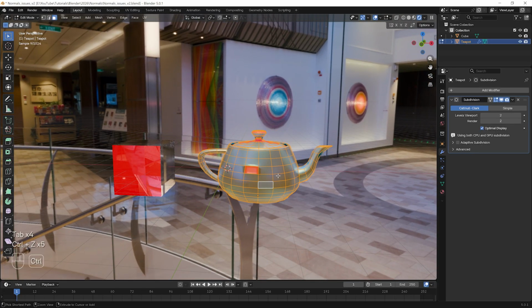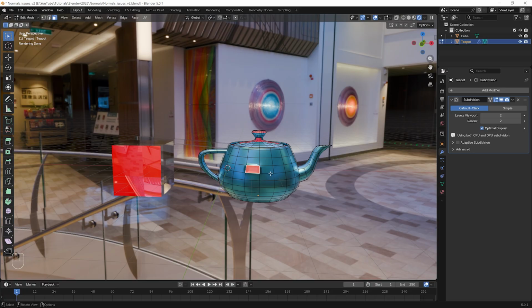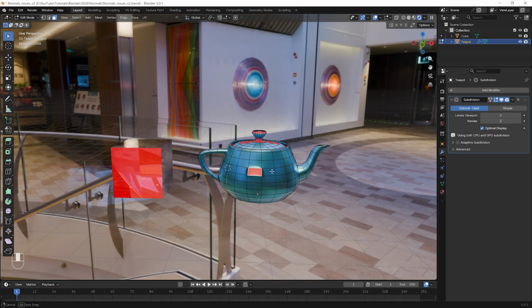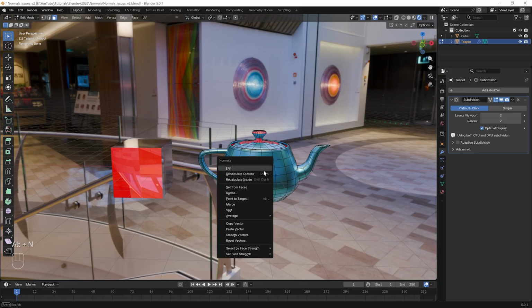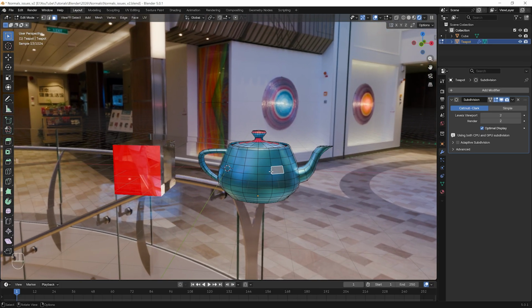If, for some reason, there are faces still pointing the wrong way, you can select your object while in Edit mode. Select the faces that have issues. You can select multiple faces by holding down Shift as you click on them. I will only select this one. Then, instead of pressing Shift and N, press Alt and N, and this menu will appear. Here you can choose Flip, and the face should be turned around.